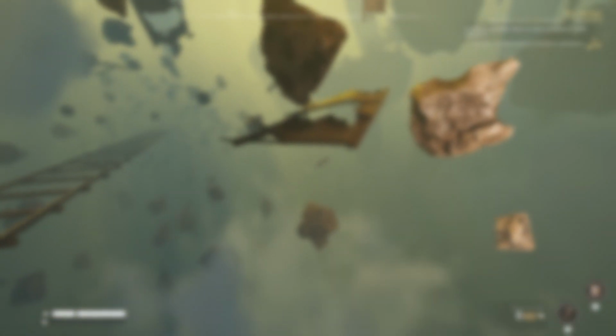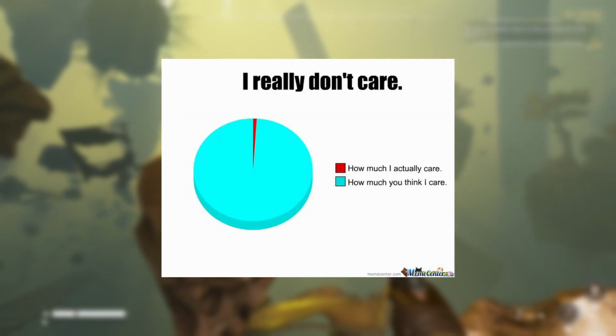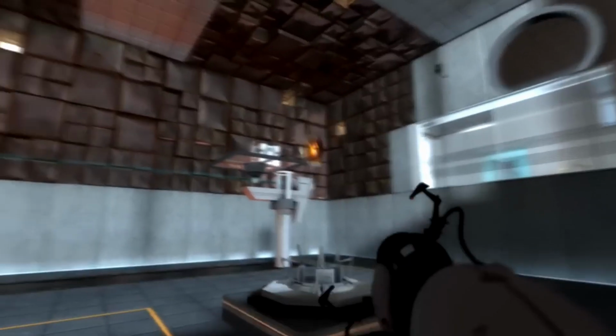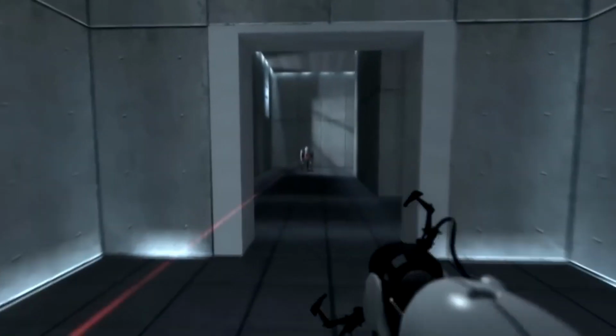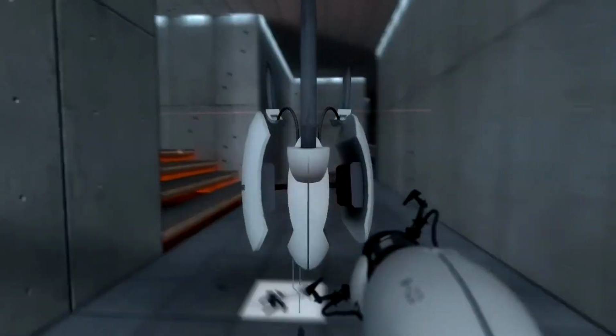At the end of the day, for me, graphics in video games aren't something that I'm really too fussed about, as long as the gameplay itself is fun. A game like Portal, for example, the graphics are okay, but the initial gameplay is very enjoyable and engaging for the person playing.